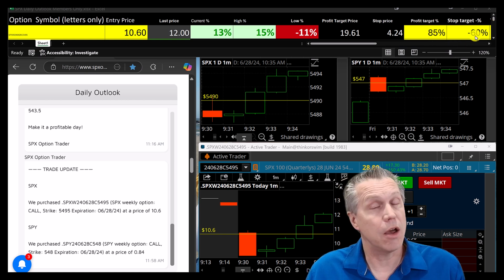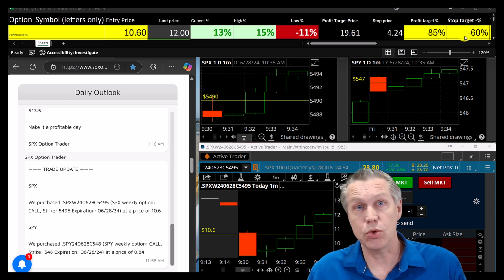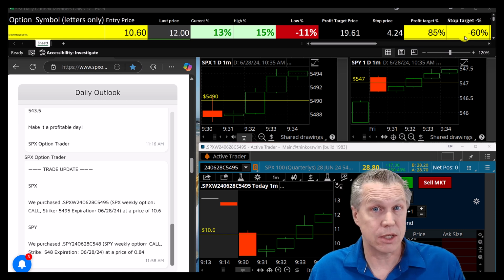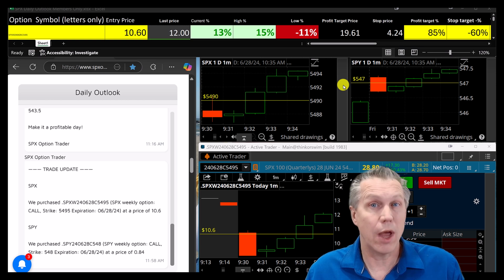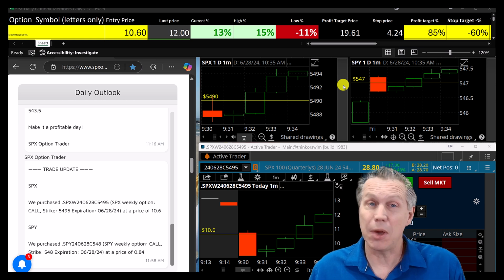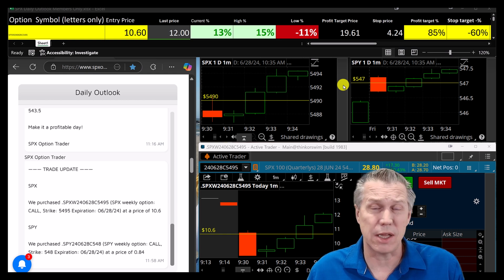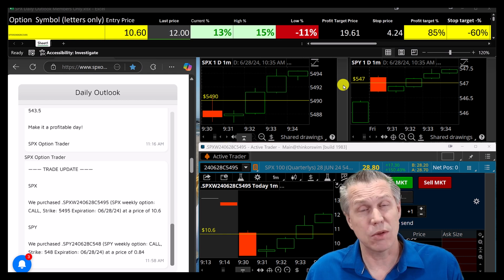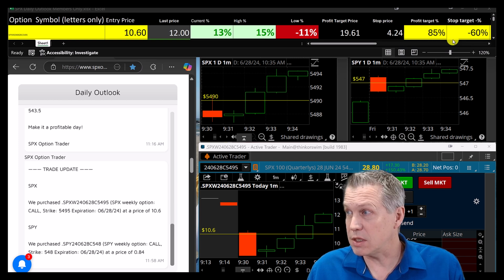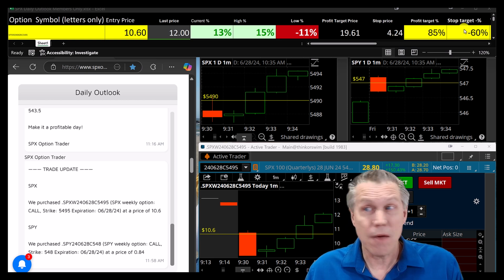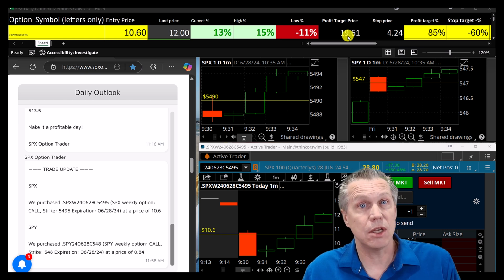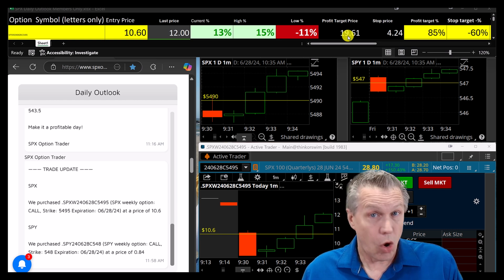Now, as the trade begins, we have an initial profit target of 85%, an initial stop loss of 60%. We had those posted in our daily outlook, and we entered those into our Excel sheet here. Those are guidelines. We normally start using a trailing stop way before either of those values are hit. But if the market reversed on us extremely quickly and just started to drop here, we would make sure that the maximum loss we would take would be the 60%, which right here has been automatically calculated for us at 424. The initial profit target of 85%, our 1961, is that level that we are hoping to achieve,